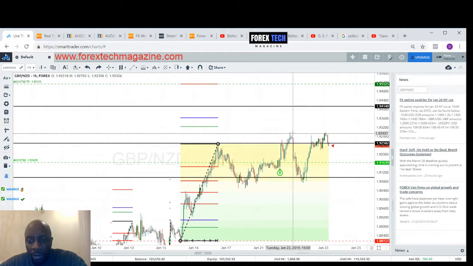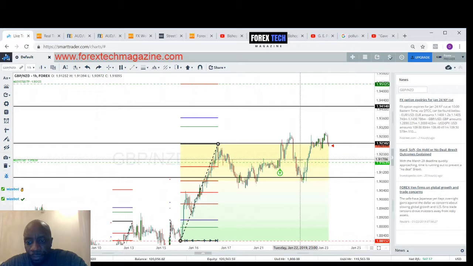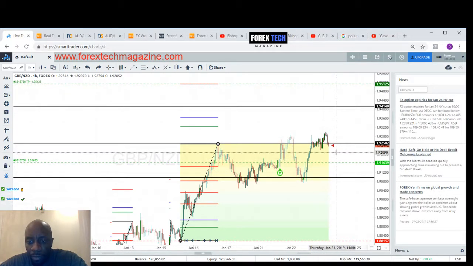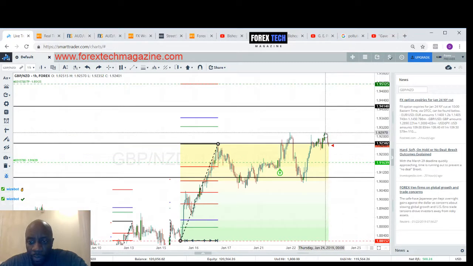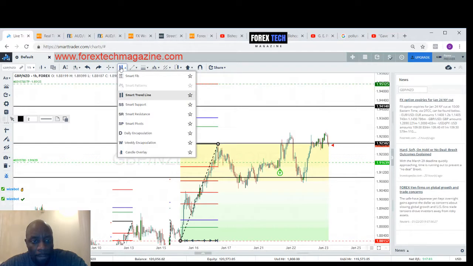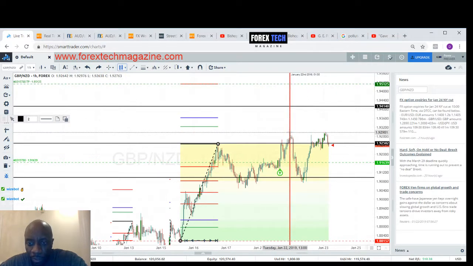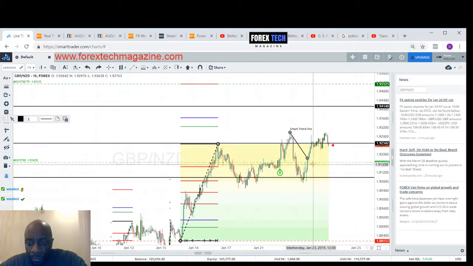If you haven't gotten into this trade as of yet, there was a buy signal there. Right now it's kind of a pullback. I wouldn't necessarily buy it right now. What I would do is wait until price gets into the buy zone, and I'll show you what I'm talking about here. So as you can see,